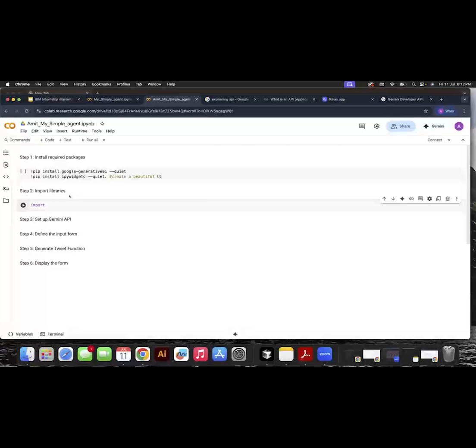So I will import the first library, which is Google.generativeai, and I will import it as genai. Why am I importing it as genai? So that I don't have to write Google.generativeai again and again in my code. So what I did, I installed Google's generative AI, and I imported this library as genai. Very simple. And then I import